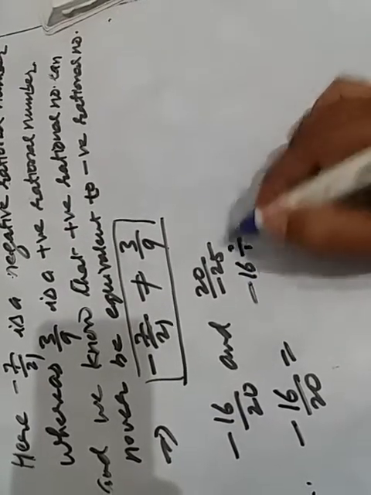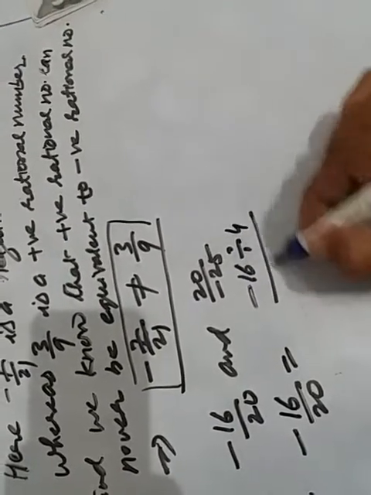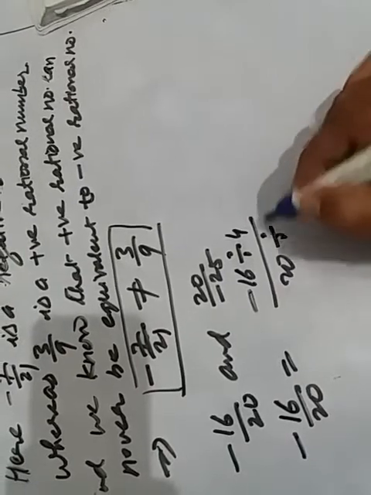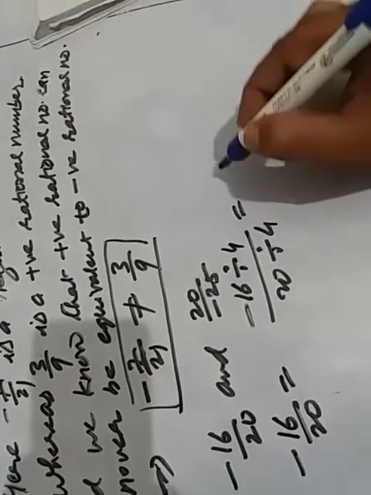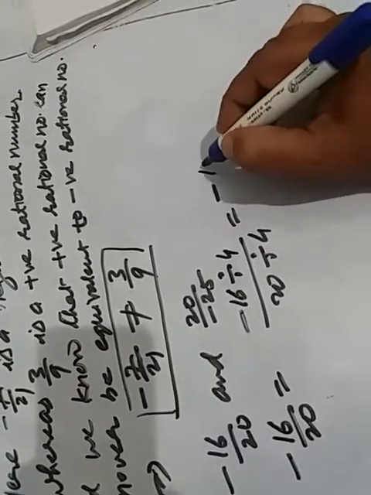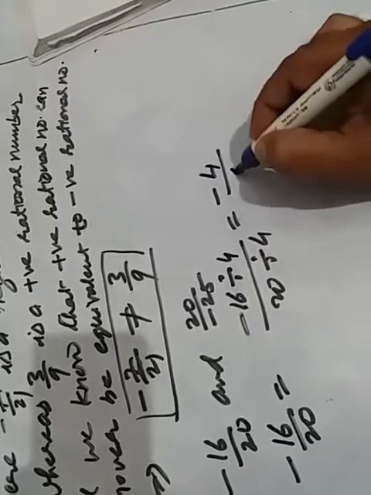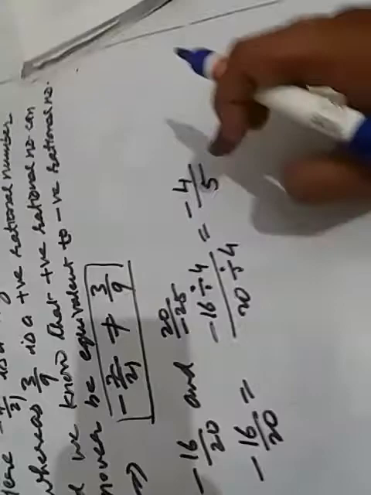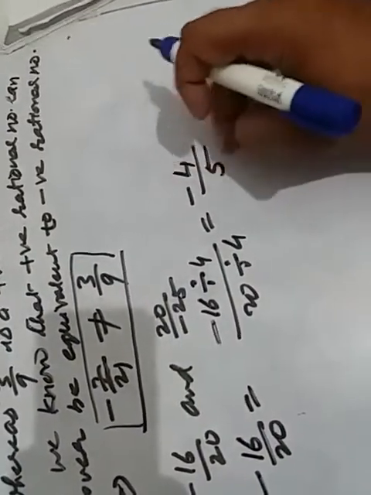Minus 16 divided by 4 upon 20 divided by 4. This is minus 4, because 4 times 4 is 16, upon 5, because 4 times 5 is 20. Means minus 16 upon 20 is reduced to the simplest form, that is minus 4 upon 5. Similarly,